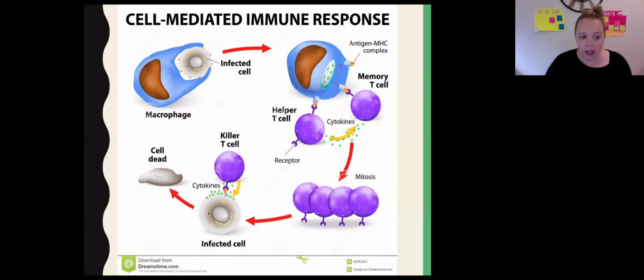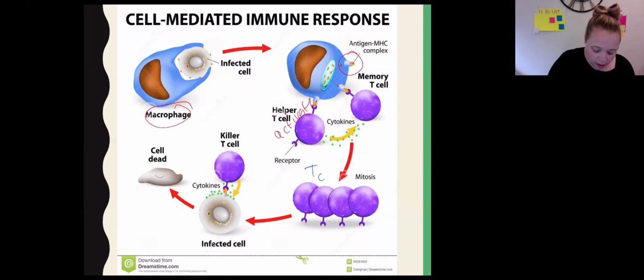So here's the cell-mediated response. You have an infected cell. It gets engulfed by a macrophage or a phagocyte. They present it on their MHC2s. They activate a T helper cell. After they activate the T helper cell, they undergo mitosis and they become a whole bunch of, oh, that's not a very nice way of writing that. They become all of these cells down here,